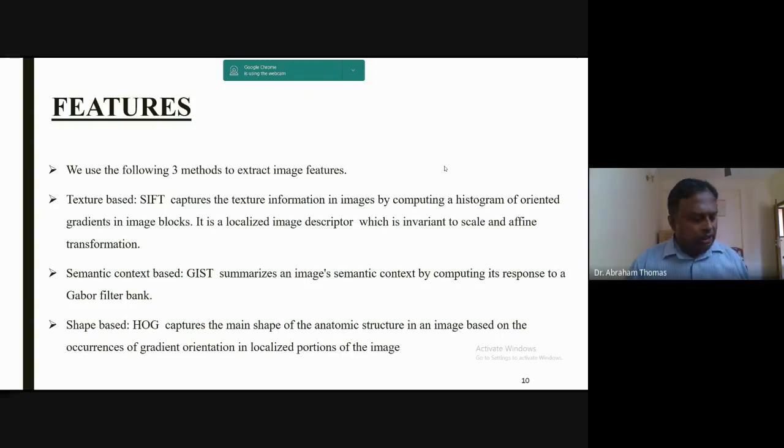So in this work, the HOG features, there are 144 in number. So it's a feature vector with 145 elements. The GIST is a vector with 512 elements, and the SIFT is actually a feature vector with 128 elements. So when we concatenate these features, it will have a total length of 784 elements. It will be a vector of dimension 784.